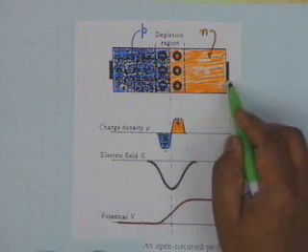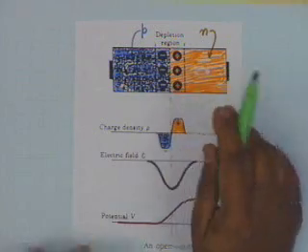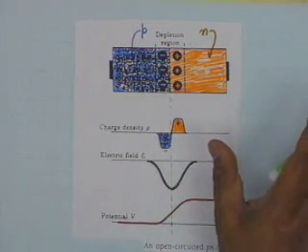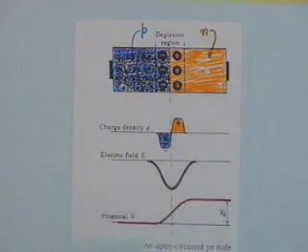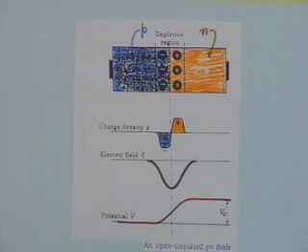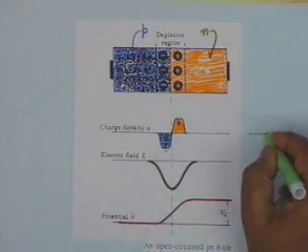I have shown this as devoid of charge. I told you that except for the depletion region, the rest of the region is neutral, so I have not shown any holes and electrons. Now, if I measure the charge density along the length of this, if this is the x direction, let us say,